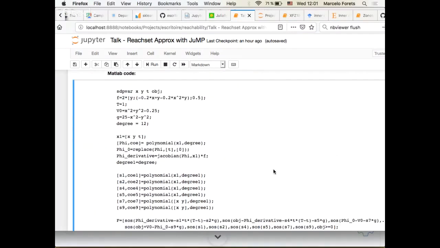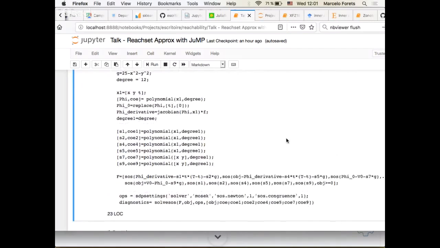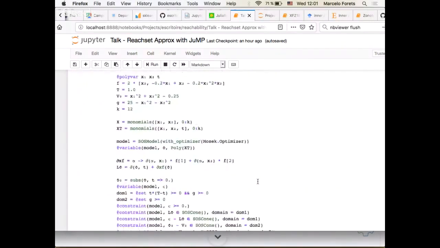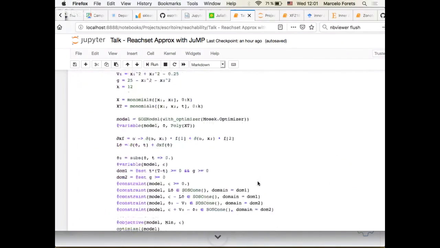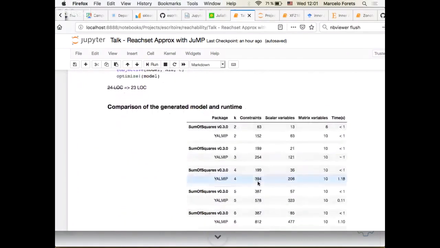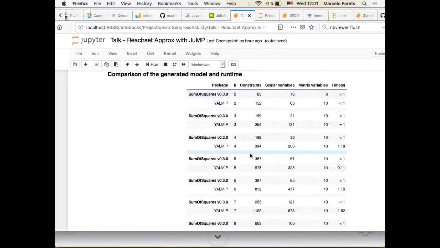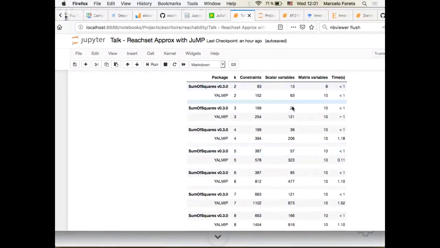And if you compare the code, it's also compact, let's say, with 23 lines of code, and similarly for Julia code. Okay, if you put this all together, then what you can see over here is the number of scalar variables. So here I'm analyzing two things. I'm analyzing the size of the model passed to JuMP, and